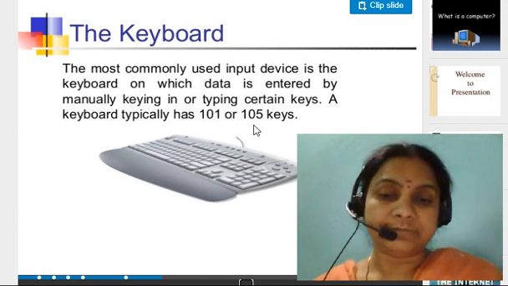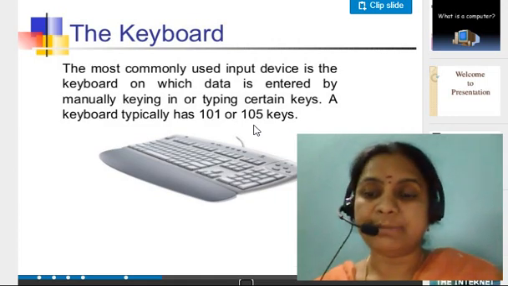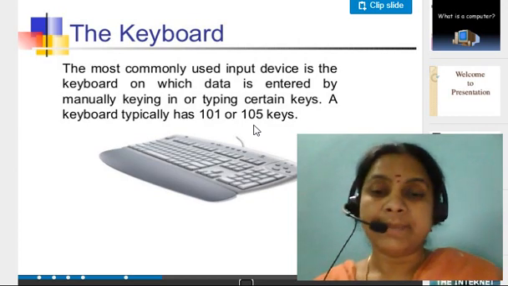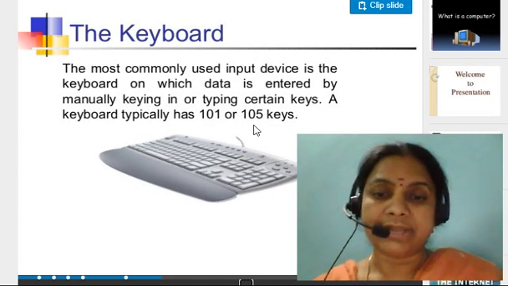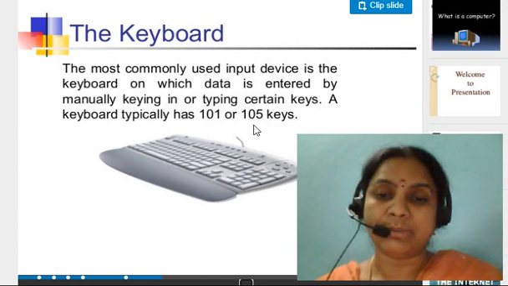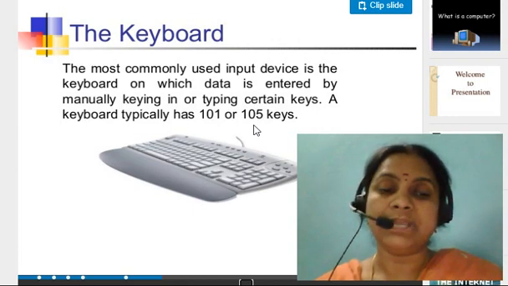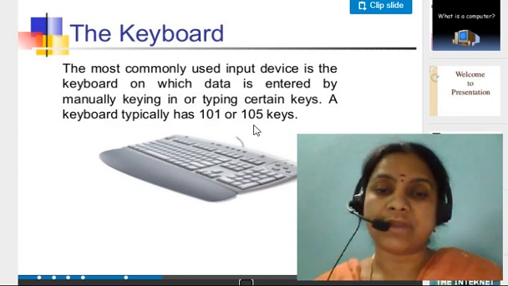and we have caps lock, space bar, windows, escape, and delete button. Delete button, page up, page down, right, left, top and bottom, we have all these keys. Once again I am repeating, we have 101 keys in the keyboard. With the help of the keyboard you can enter data of letters, numbers and special characters, and special keys are used. I will tell you which keys we are going to use here.